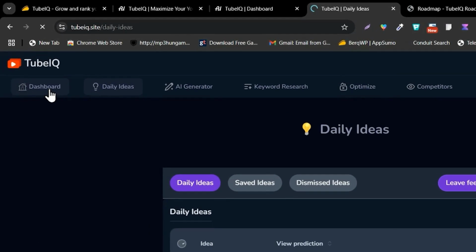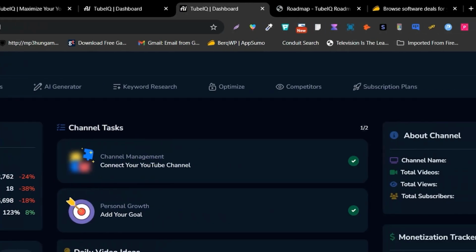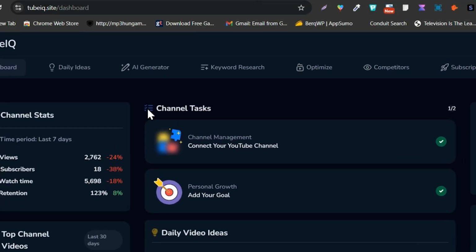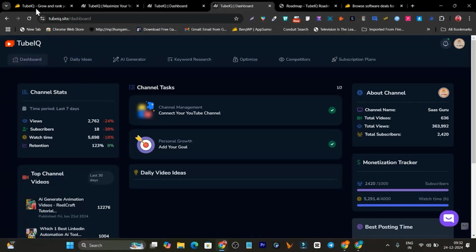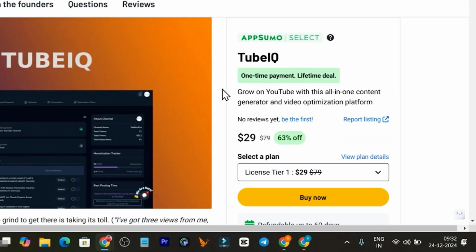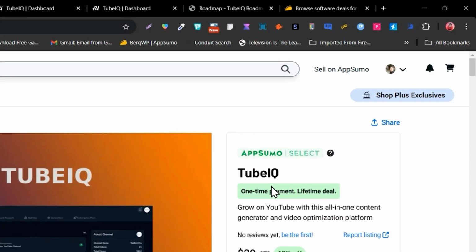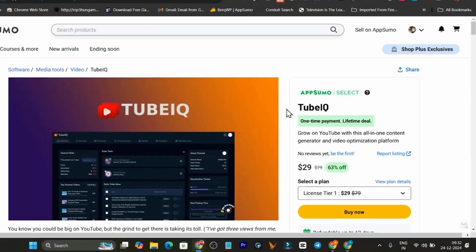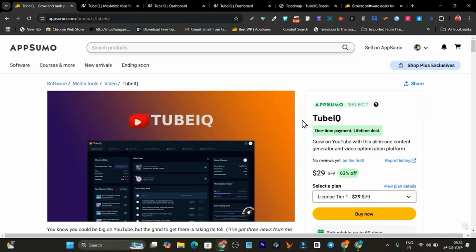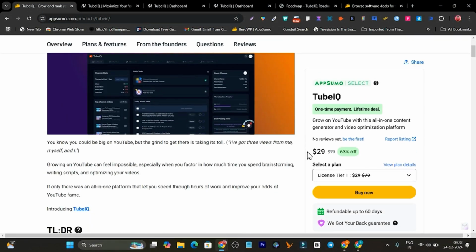So let me talk about this tool that is a really good alternative to VidIQ or TubeIQ. Recently I found this tool on AppSumo. This tool's name is TubeIQ, and it is a really good YouTube growth and optimization tool you can get with a one-time payment of $29. Yes, a one-time payment of $29. You don't have to pay every month like VidIQ or TubeIQ,